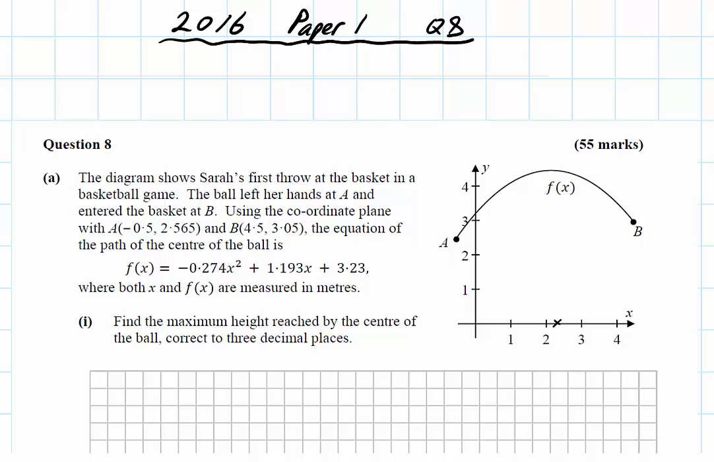This is a long question from section B 2016. In this question we're given a function f(x), and this represents the path of a ball from point A to point B as shown on the diagram here on the right. And the first thing we're asked is to find the maximum height reached by the center of the ball. Now that word maximum straight away is a trigger word for us, and it nearly always in these questions means to differentiate and put the answer equal to 0,